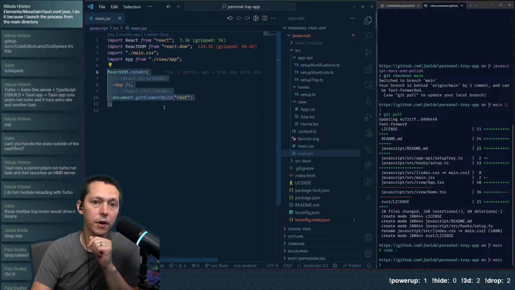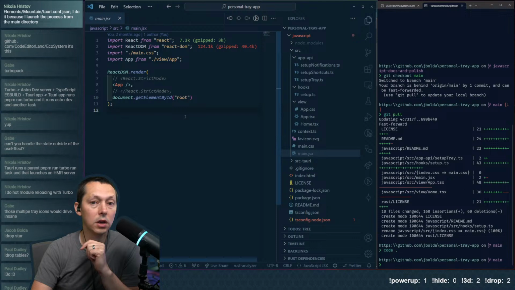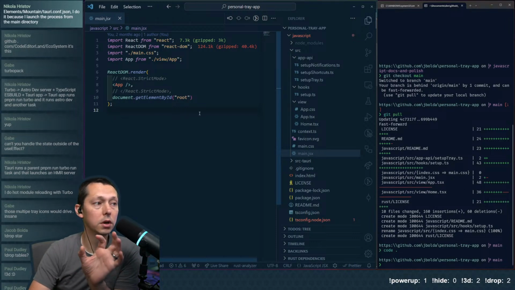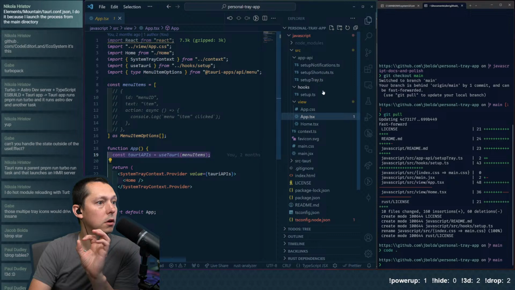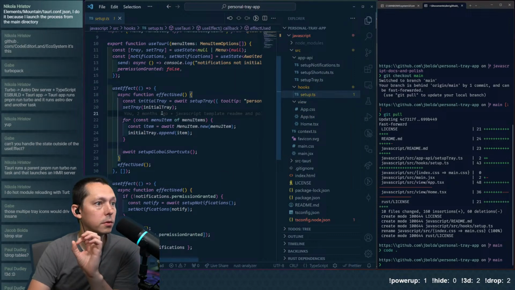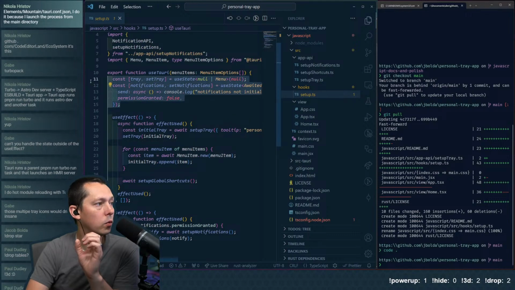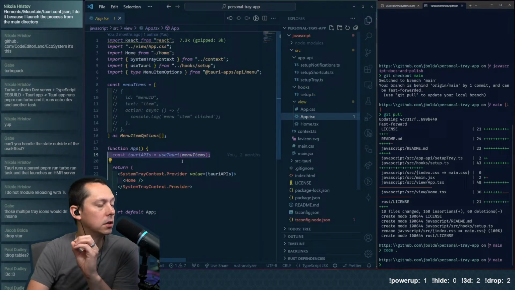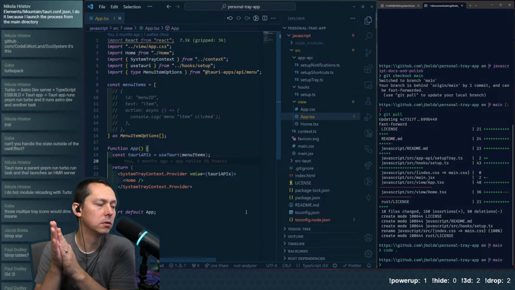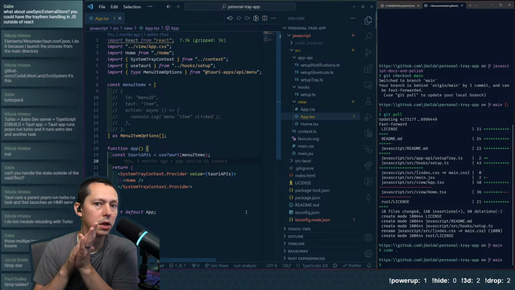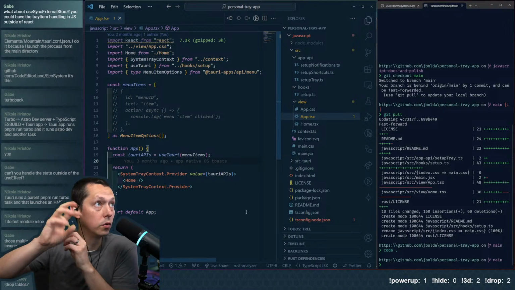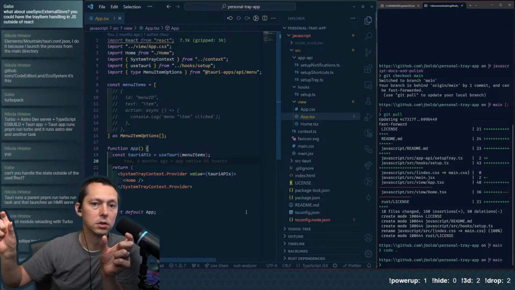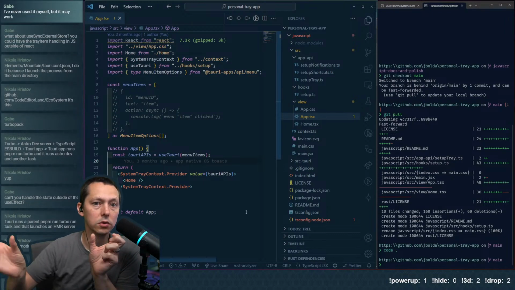Because right now anything in here is re-rendering, and then we're getting a whole bunch of these. The reason I put it in this hook and in this setup.ts is that we are grabbing the state here and returning it, and then we were passing it to context. I think it's still this way. If you have something existing, it's more difficult within JavaScript to hook into the actual